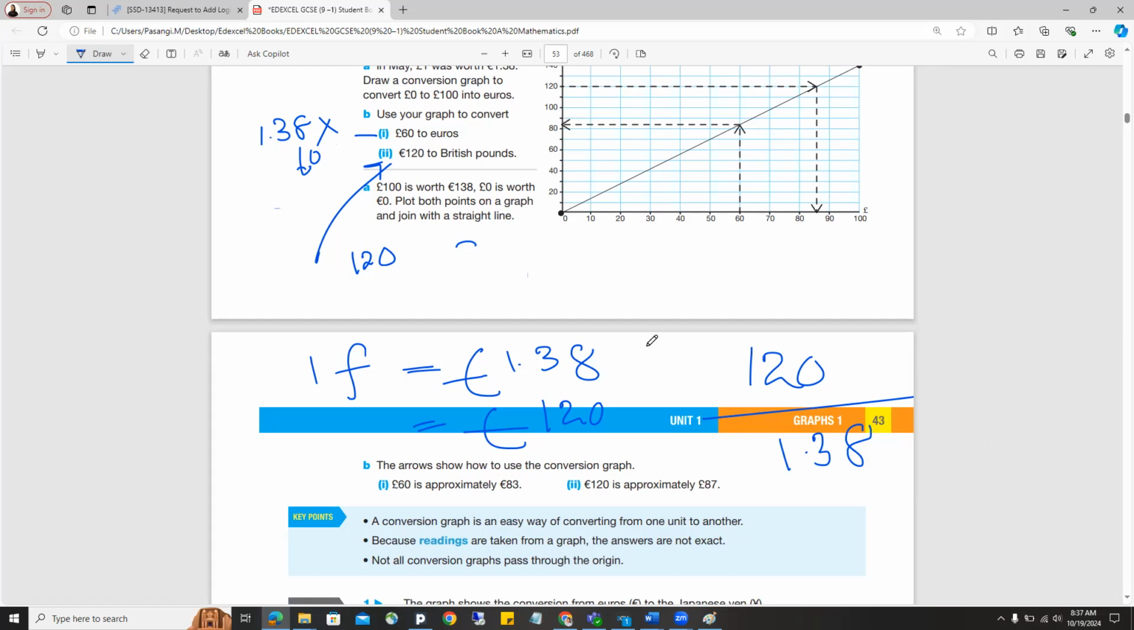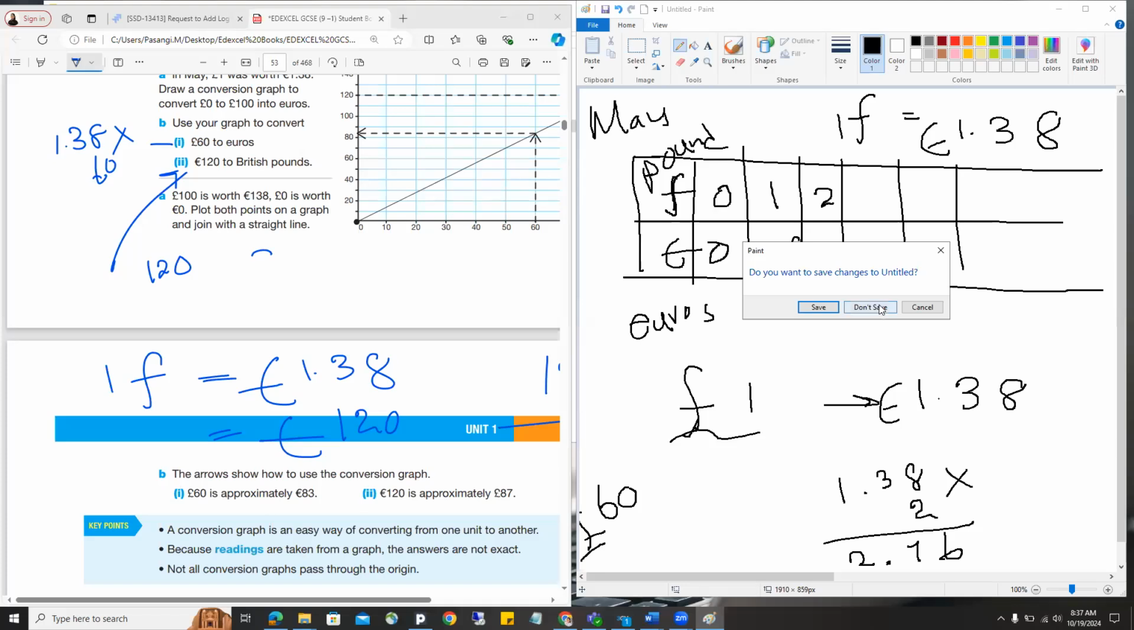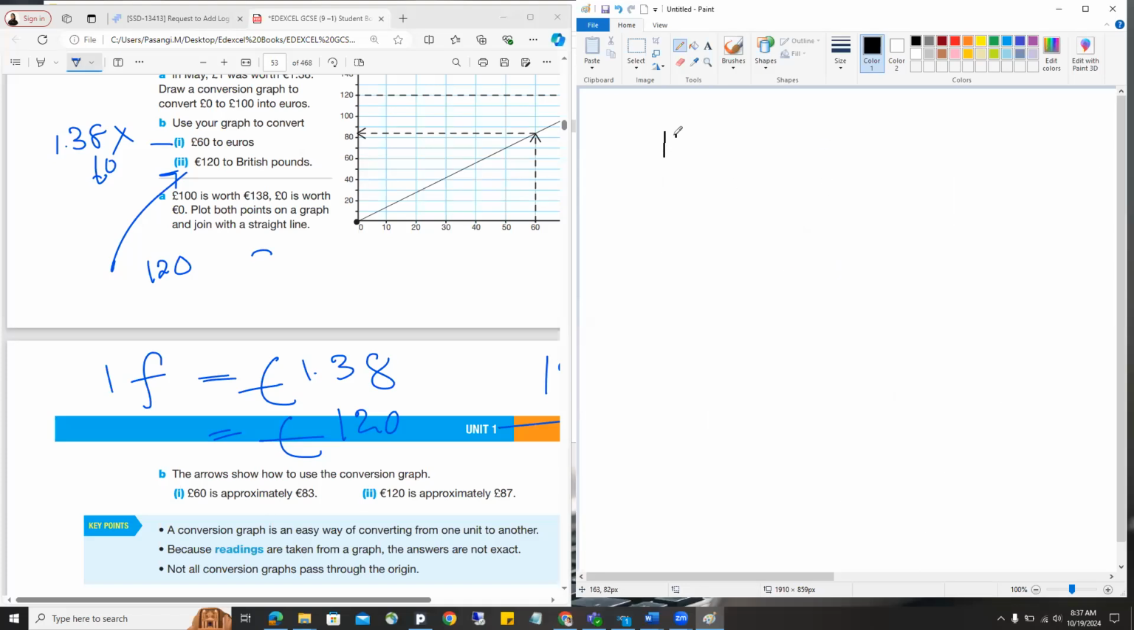What is the answer? How are we going to divide that one? 1.1 and the last one. So if we are doing this kind of division manually, how are we going to divide? 120 should be divided by